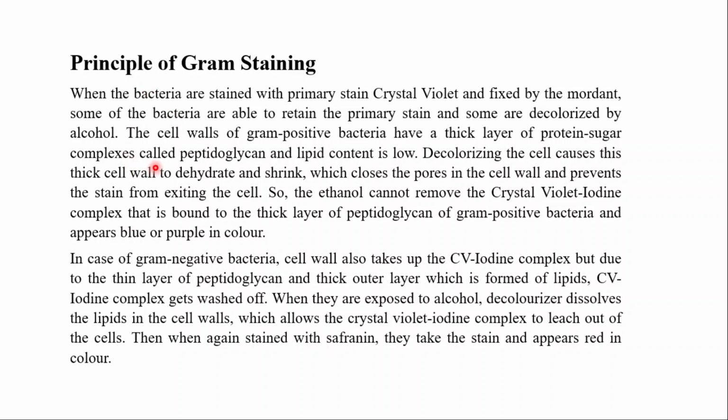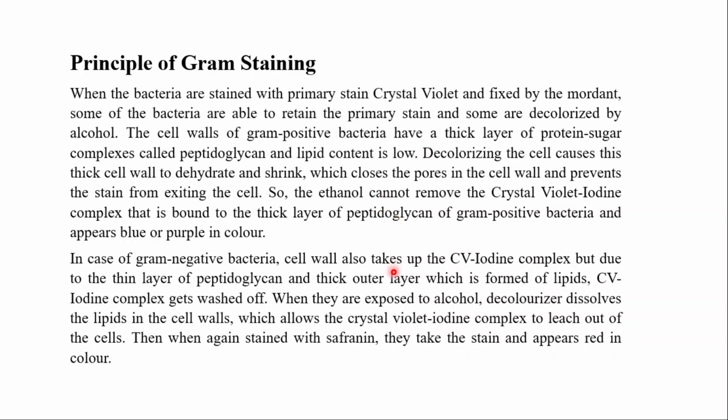Now here is the principle: the peptidoglycans present in the gram positive bacteria help to catch the color of the first or primary stain, that is crystal violet, which is blue in color. These peptidoglycans help to stain the bacteria purple with crystal violet. But these peptidoglycans are not freely present in the gram negative bacteria. So the primary stain is not accepted by the gram negative bacteria. Those gram negative bacteria accept the second stain or counter stain, which is safranin.